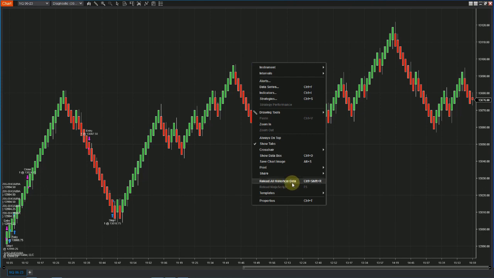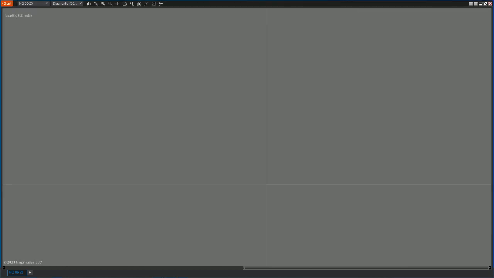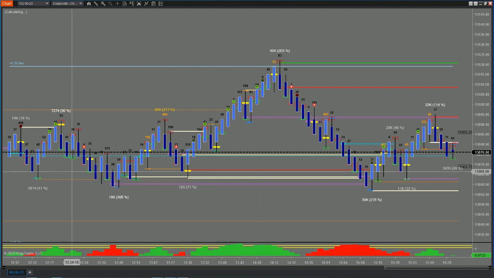Now, what we want to do is load 30 tick plain all. That's what you're going to load. ES, you do ES. We're going to load that. Oh, by the way,